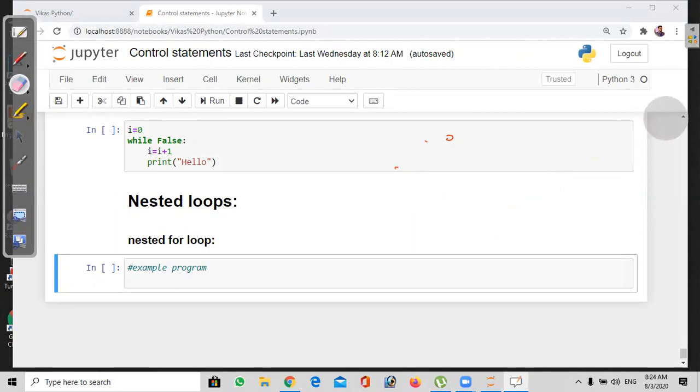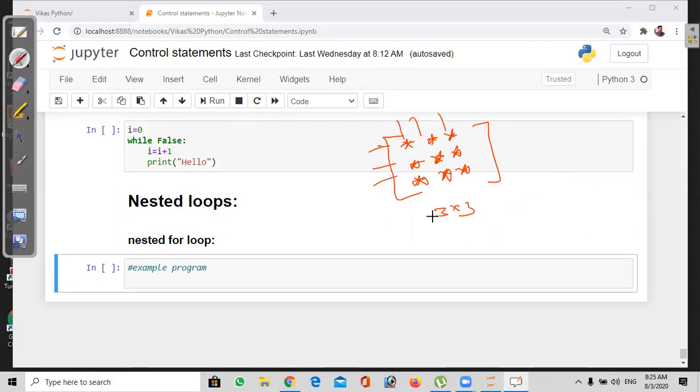So here, with the help of nested loops, we'll create matrix formats. This is the matrix format. There we have rows and columns. For example, I have a 3 by 3 matrix here with stars. These are the rows and these are the columns. So this is a 3 by 3 matrix.